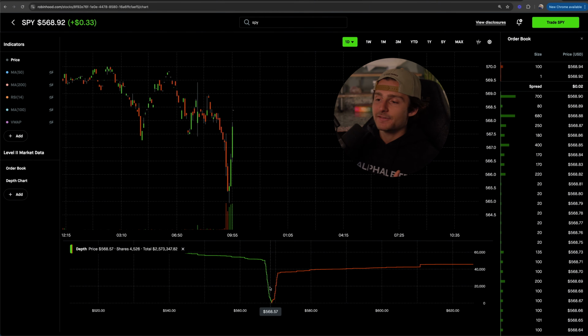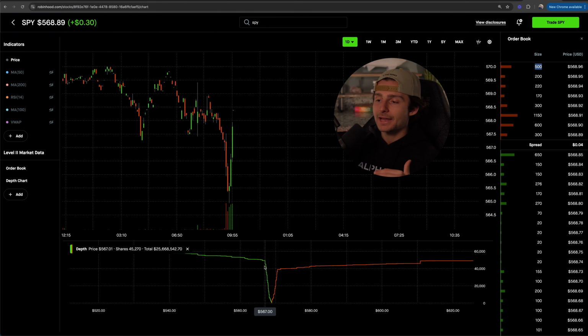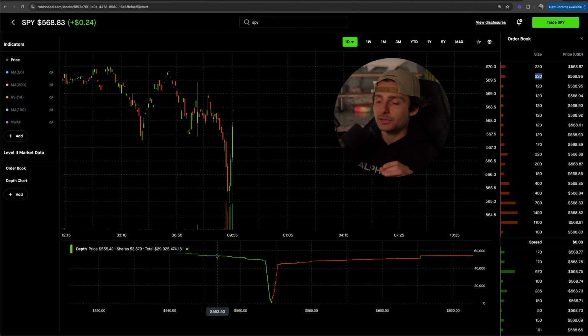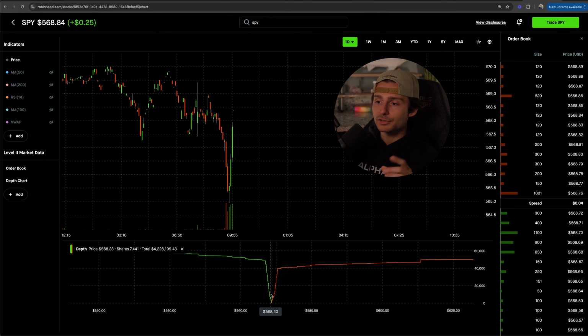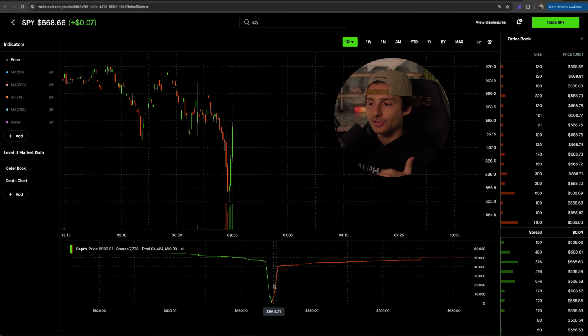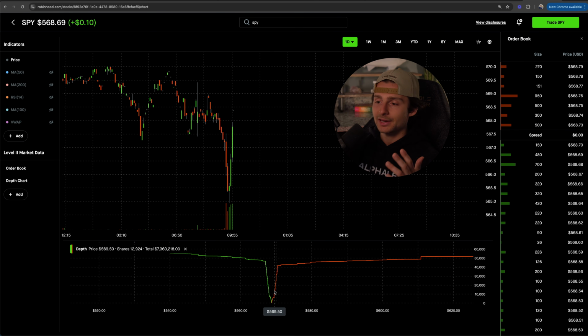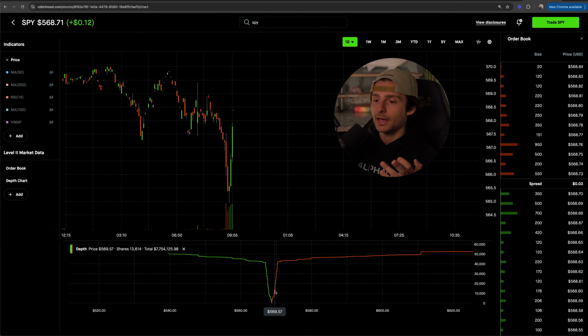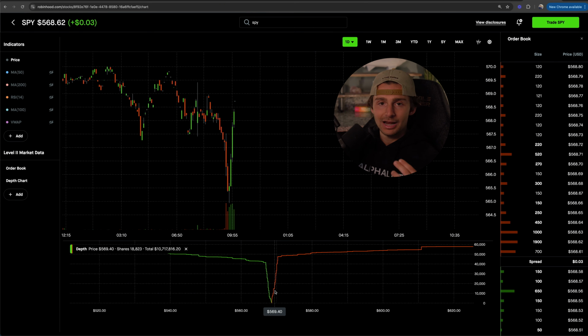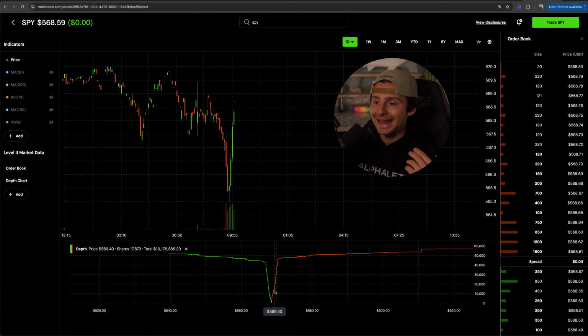Now, the depth is kind of a visual of that. So you can see that the larger or the higher up this line goes, there's a lot more orders, or there's a lot of orders that are looking to be filled. And the smaller the line is, there's less orders. And as I hover over it, it's going to be telling me at a certain price point how many shares are looking to be filled, or how many orders are sitting at that price point, and then how much money